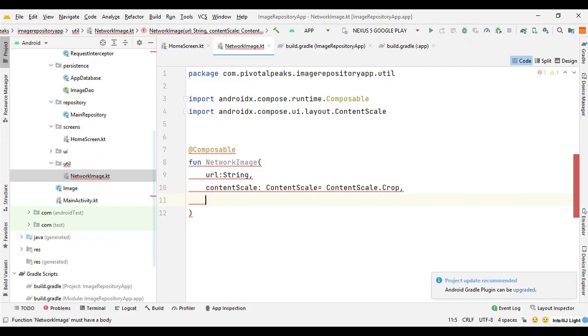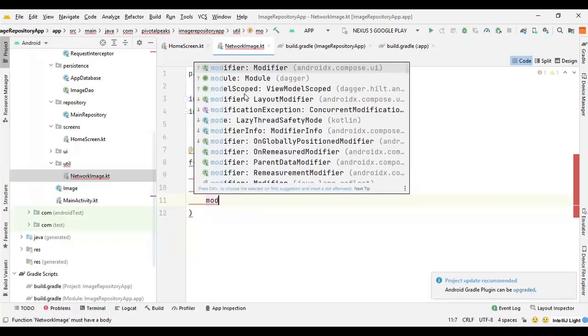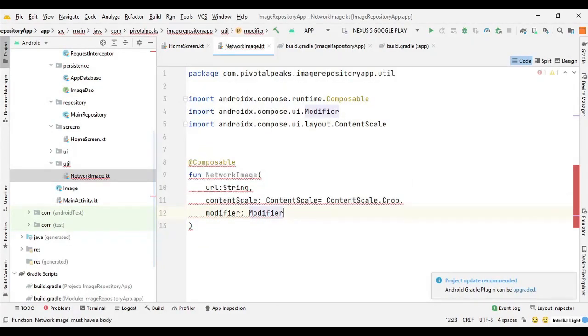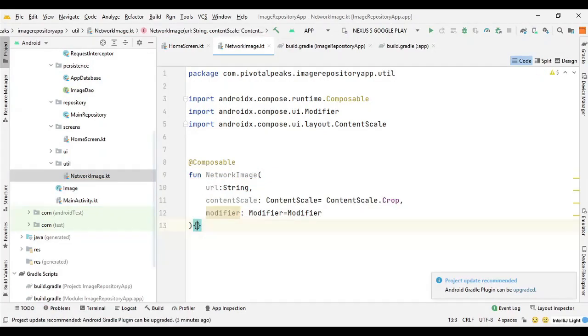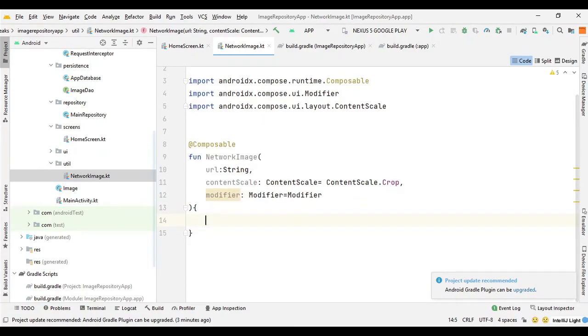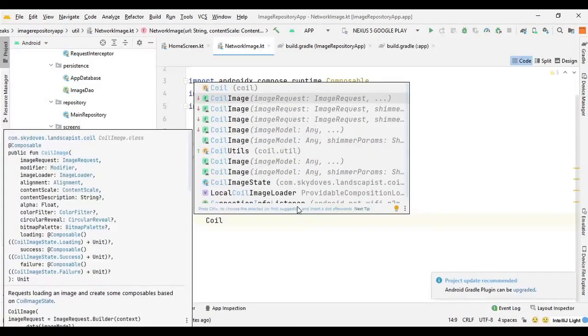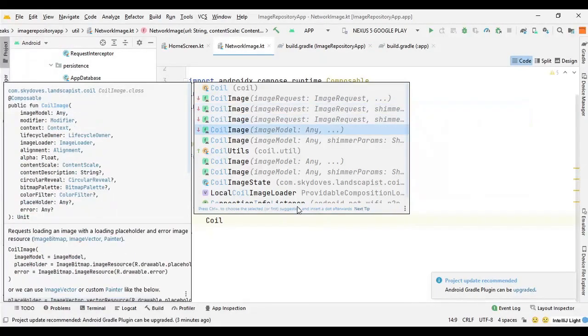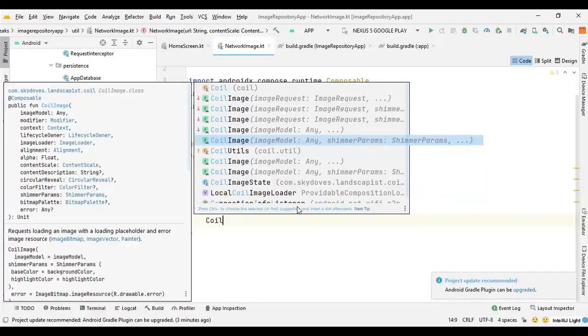Then we will be needing the modifier. So you can say modifier equals Modifier, and after that we can set the Coil image library. So we can say Coil image, and we need to choose this one, image model.